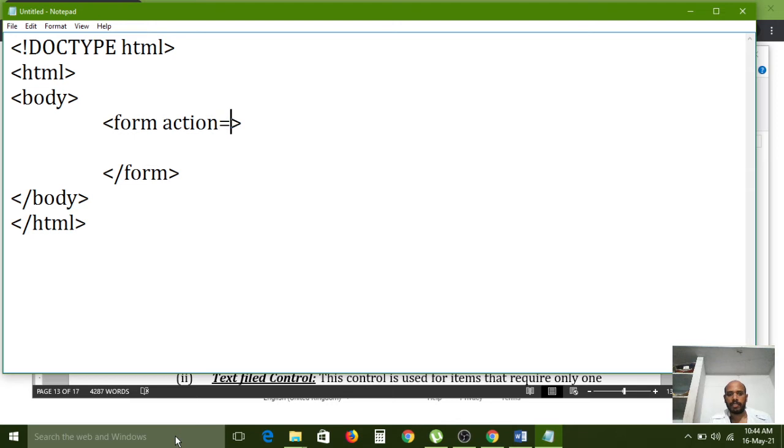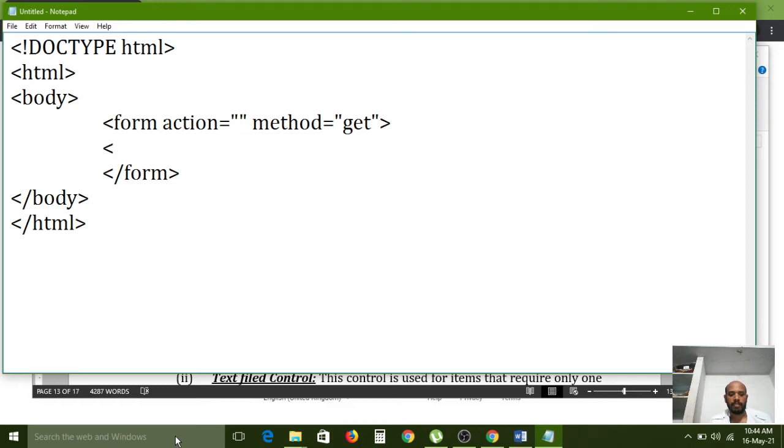Action, method, get. Method equal to get: if you want to get any information from the server, we need to use get. If you want to send any information to the server, then we need to use the post attribute, but it is a small piece of data I am sending now, so that's why I am using get here. Action is also not defined till now; after creating one more file, I will give it. Okay,